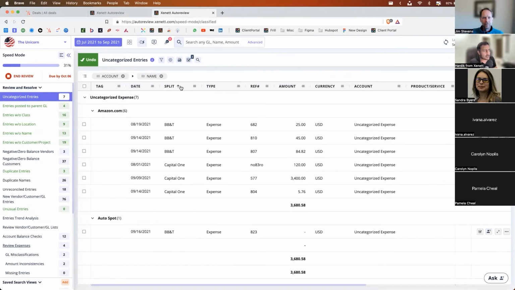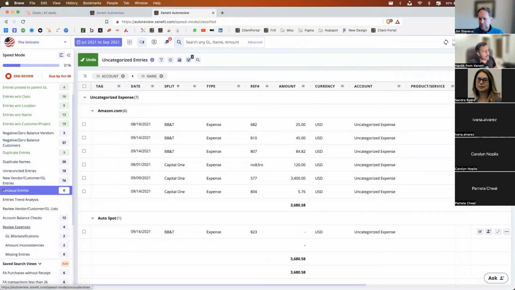You can do the sort. You can enable and disable columns. So these are some of the basic features of the table, and you can also play around with that as well. All right, so coming back to the review points here, now let me just talk about the duplicate